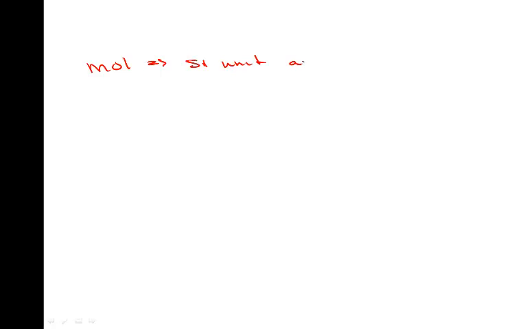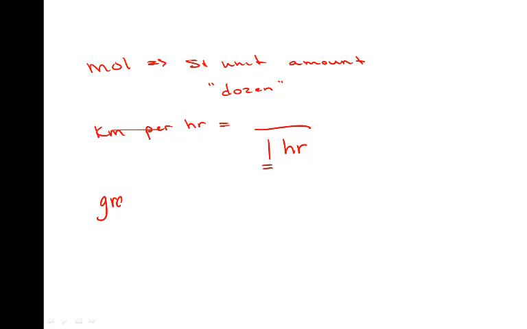Remember when you're doing this that the mole is the SI unit for the amount of a substance. It's very synonymous with a dozen. Remember, when we say something like kilometers per hour, when we write that conversion factor, it's always 1 hour. If we say grams per mole, it'll be some number of grams over 1 mole. Whenever we say per something, it means per 1